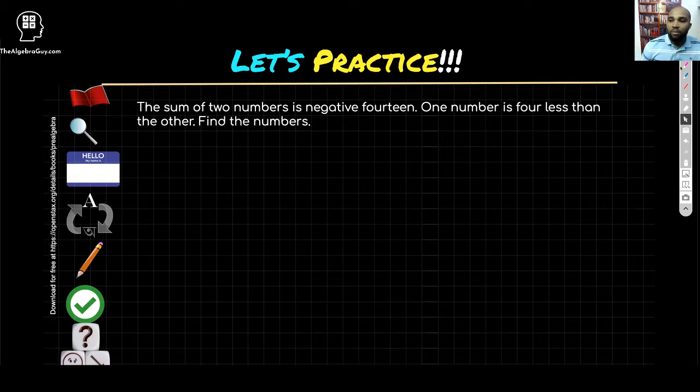All right, pause it here and try this yourself. The sum of two numbers is negative 14. So one number is 4 less than the other. Find the numbers. So one number is X, and one number is 4 less than the other. But we also know that the sum of those numbers is negative 14. So X plus X minus 4 is